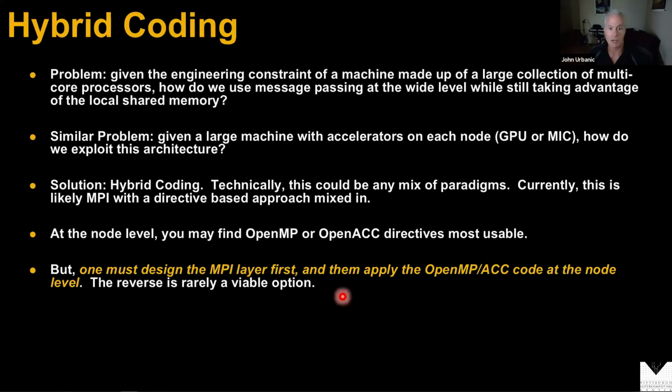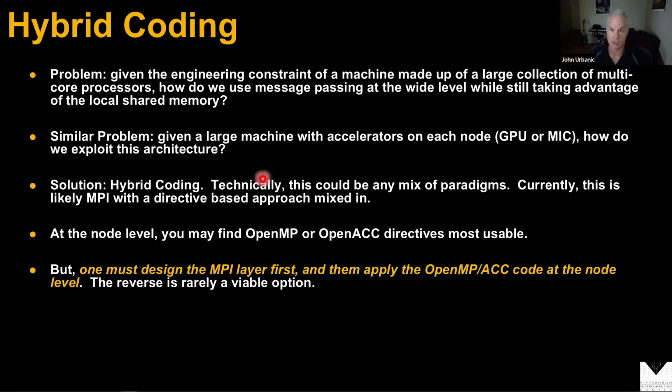Instead, we'll get back to the topic of hybrid programming, which I mentioned briefly earlier in the advanced MPI talk. I mentioned that MPI works very well with all these other approaches because, well, they have to. If they want to be taken seriously, they have to work with MPI so that they can scale up on these big machines. And so it is not uncommon to find codes that have MPI to glue together a lot of nodes, and behind the scenes on each node they'll use something like OpenACC to program the GPU or OpenMP to do multi-core.